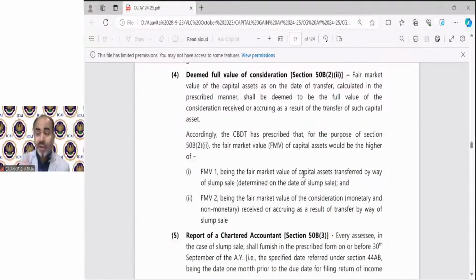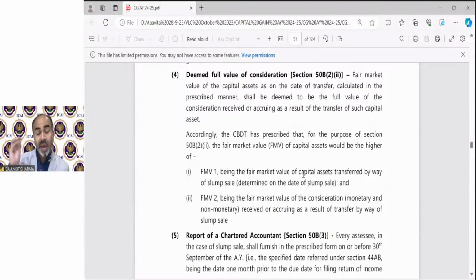Now we are not taking the FMV of the asset; we are finding out the consideration's market value, whether monetary or non-monetary. That means 80 lakh was the real market value of the asset. So that was FMV1. Now, in case of these assets, somebody is going to give us consideration of rupees 50